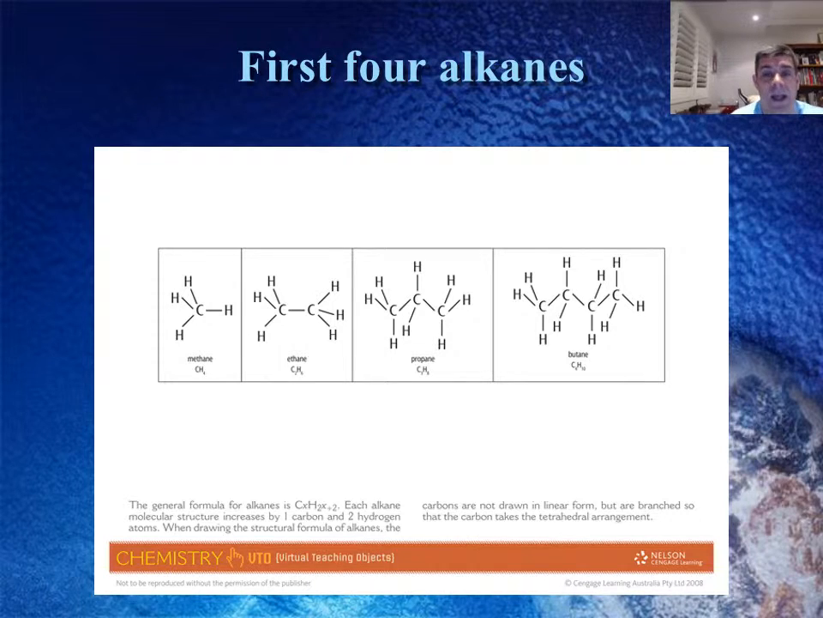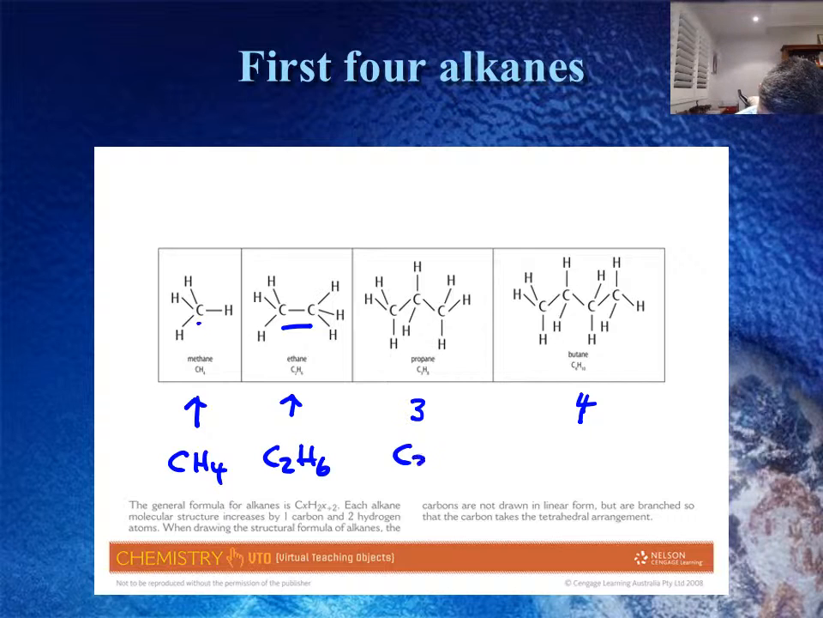So here are the first 4 alkanes. You can see methane is here with the single carbon and then the 4 hydrogens around it. In the second one, we have 2 carbons. This is ethane, with 6 hydrogens around those 2. The next one is propane with 3 carbons and butane with 4. So we have each of these building on as the formula CH4,